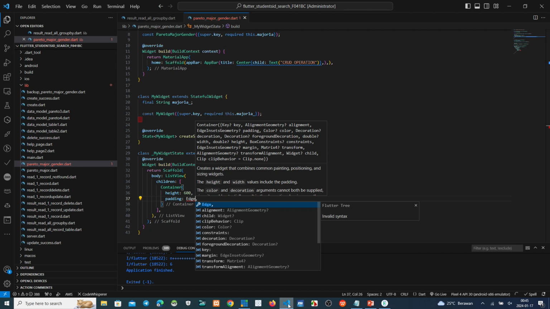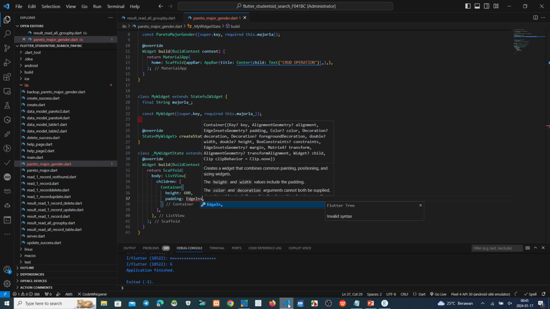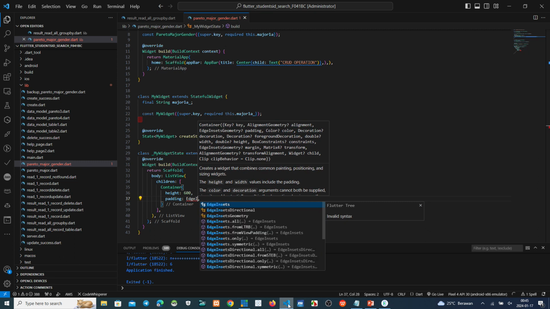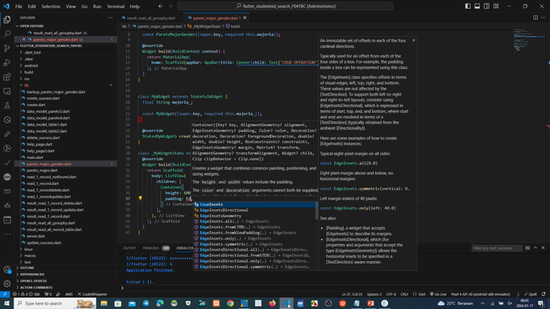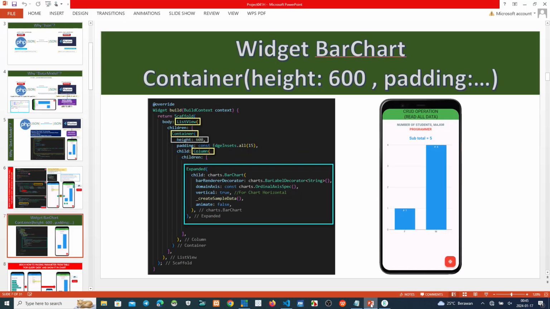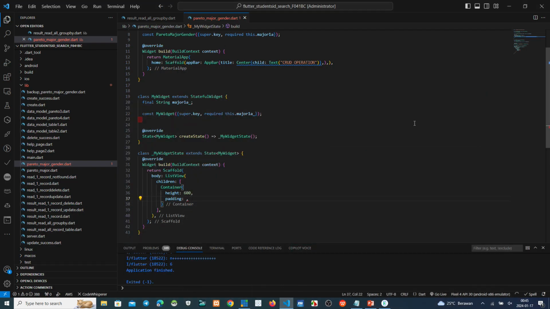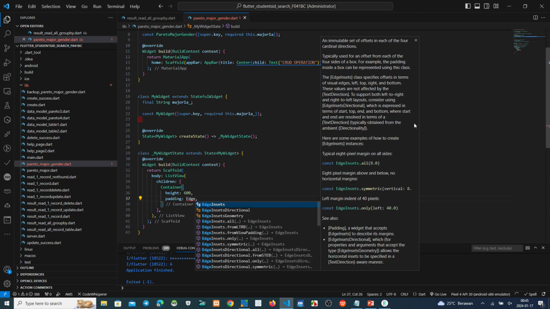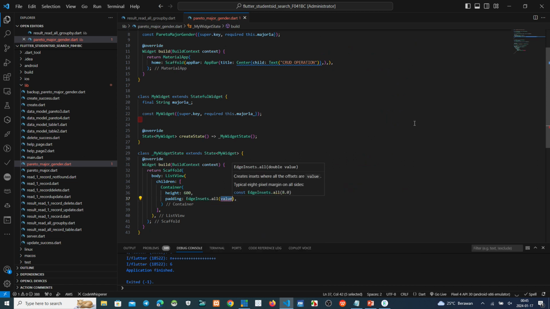Padding. This one. We make EdgeInsets.all 15. Yeah. Oh, this one. Okay. Value is 15.